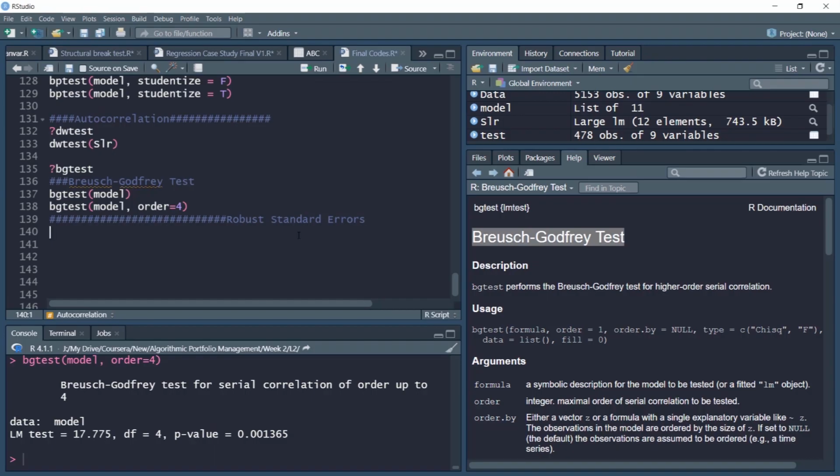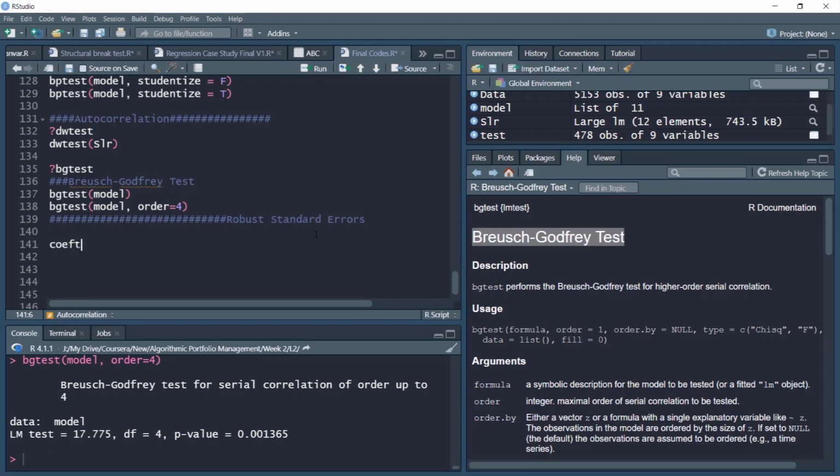One solution that has been developed is to create robust standard errors that account for issues such as heteroscedasticity and autocorrelation. Now with R, there are various flavors of these robust standard errors. We'll discuss the 4 most prominent ones, the routines that are often employed in computation of standard errors. And please note, it will not affect the coefficient estimate, but it will provide us with the robust standard errors that will go into the computation of t values that are arguably robust against issues such as heteroscedasticity and autocorrelation.